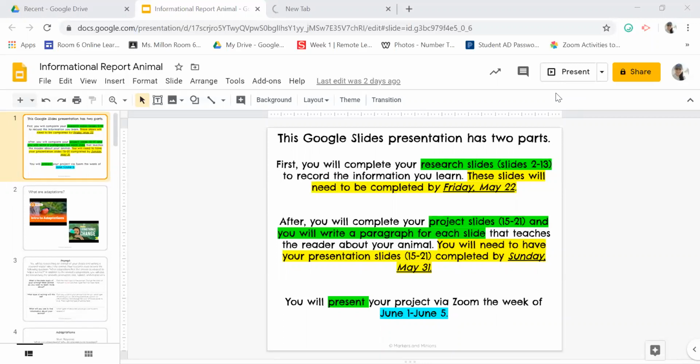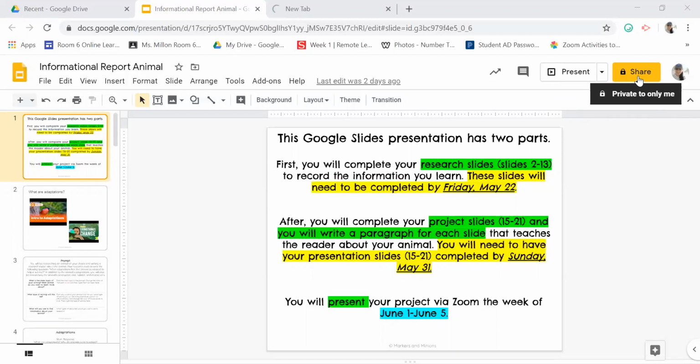So when you finish with these assigned slides, I'd like you guys to click this little button at the top that says share. And you'll share it with Miss Milan, just like we've done all year. So you just type in Miss Milan's name. You could type in Jerica, or you could type in J Milan, and then you'll share it with me so I can see what it is that you have completed today and what it is you might need a little